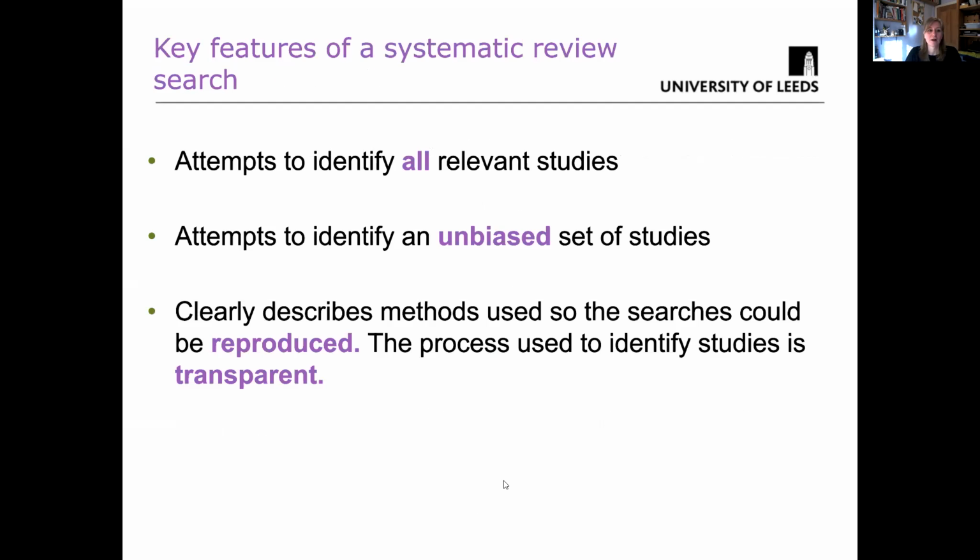Okay, so key features of a systematic review search. These are things to remember as we're going through this morning, and this is what we're trying to achieve with the methods that we're using. What we're trying to do is identify all the relevant studies for a systematic review. So we're trying to get as many trials or studies as possible that are relevant to our question, because we want to aggregate the data. We want to get all the data from all those studies together, and then at the analysis stage we're looking